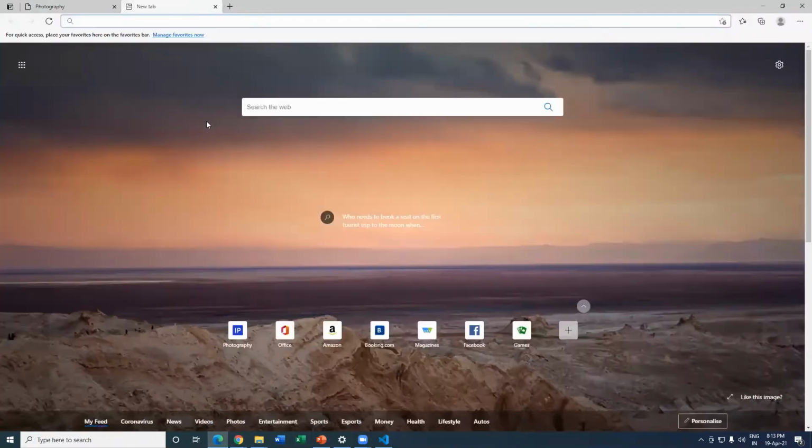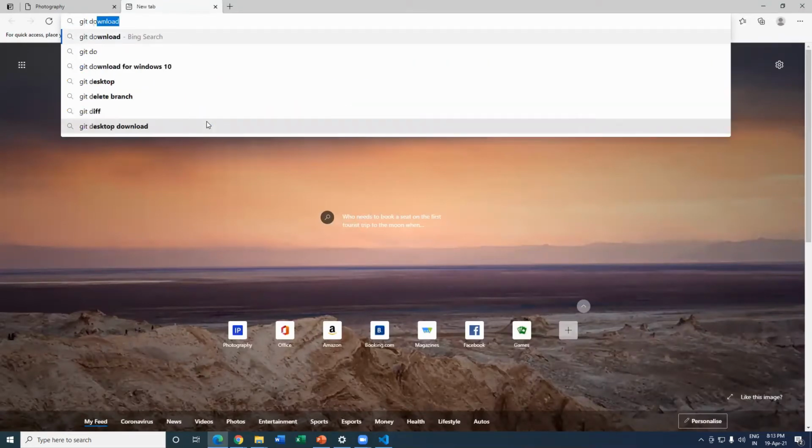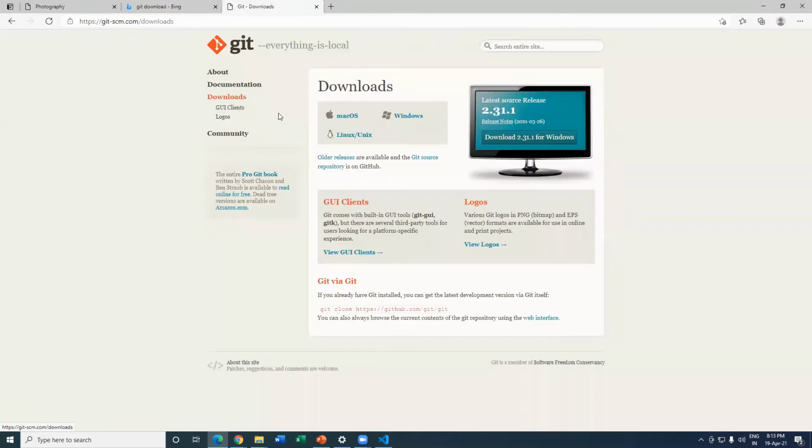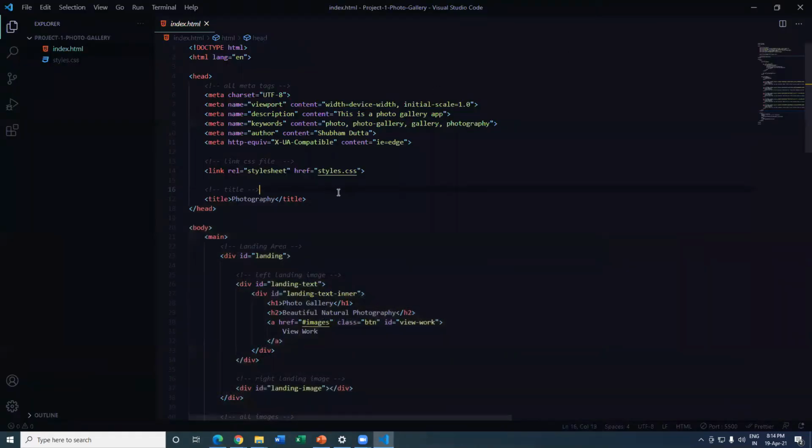We have to type git download and click the first link, and after that you have to download this for whichever OS you are using. If you are using Mac, then you can download this. If you are a Windows user, then you have to download this. Okay, cool. Now after downloading this, your Git environment is set up.